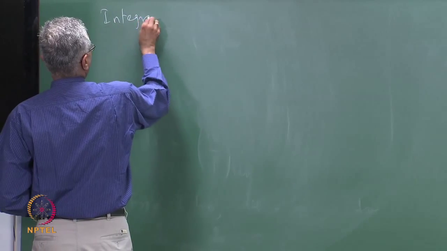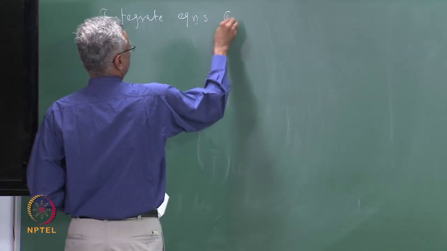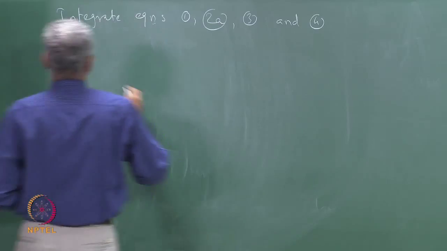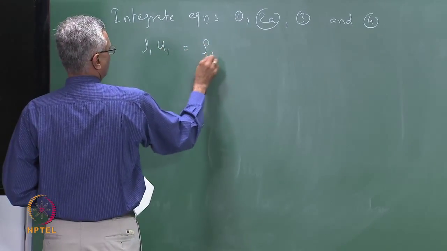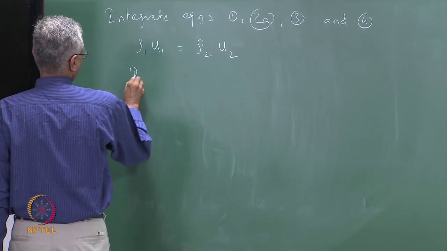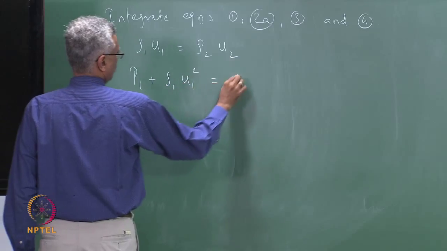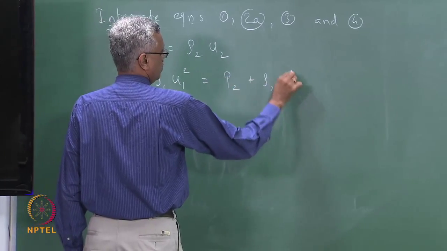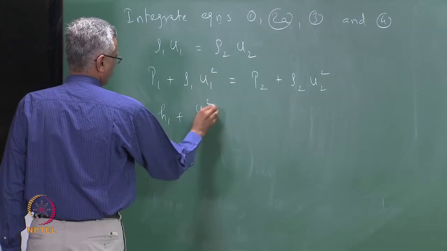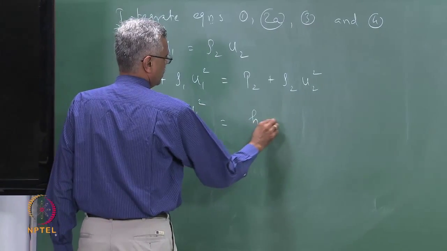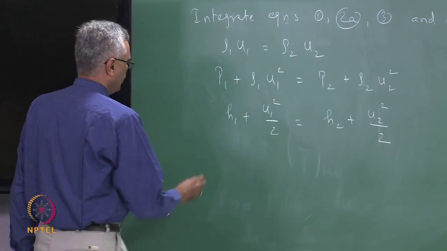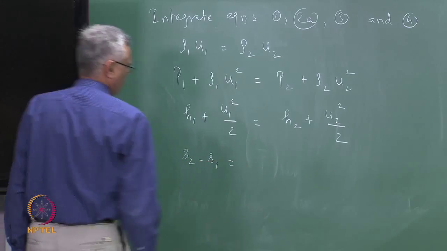So, if I integrate equations 1, 2a, 3 and 4, we get rho 1 u1 is equal to rho 2 u2, and we get P1 plus rho 1 u1 square is equal to P2 plus rho 2 u2 square, and we get H1 plus u1 square over 2 is equal to H2 plus u2 square over 2, and that can also be integrated to give S2 minus S1 is equal to